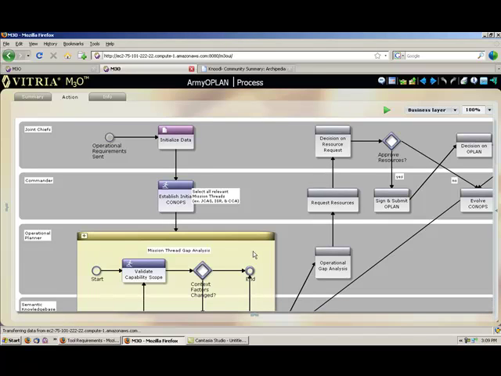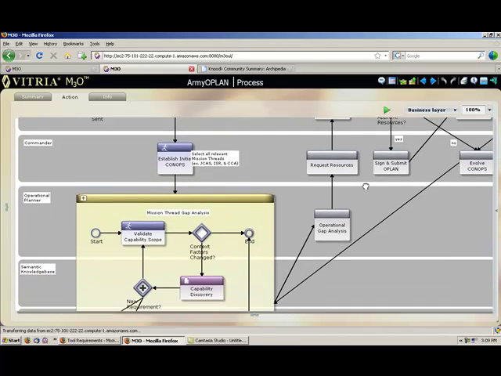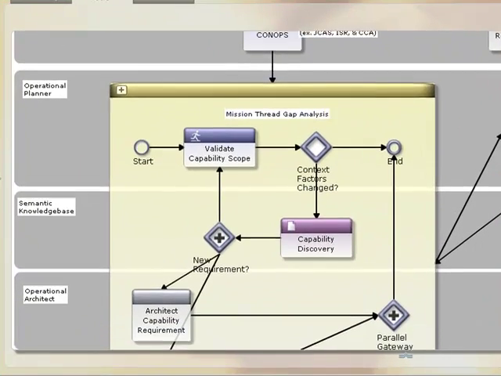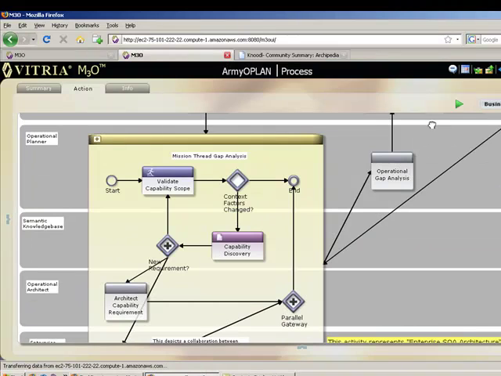We are looking at a process model which represents the planning of a new operation by the Army. The first task is for the Joint Chiefs to initialize some data, and then a commander establishes a concept of operations, and then it goes into a sub-process called mission thread gap analysis, in which an operational planner has to